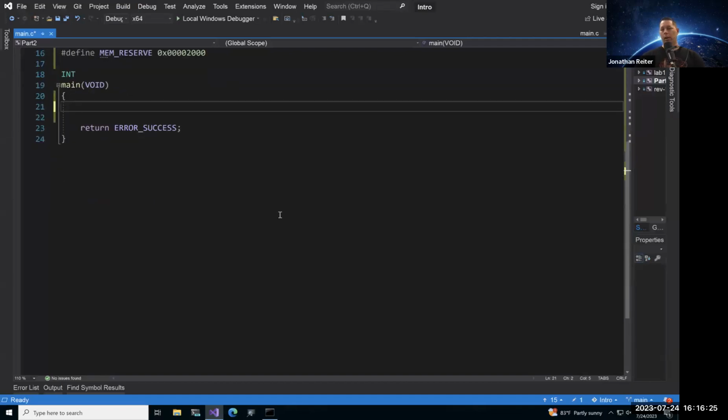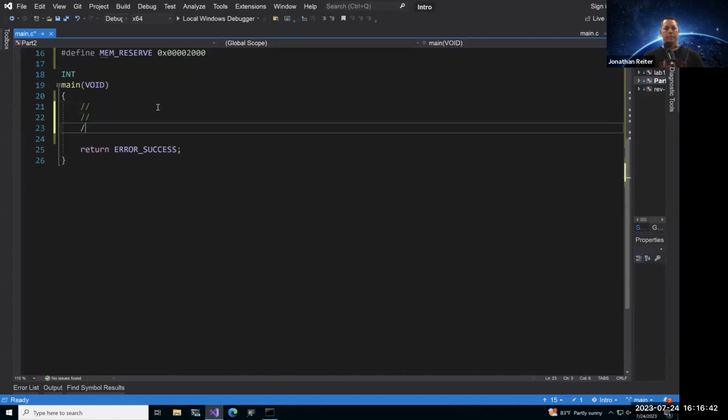So now we're going to move over and talk about arrays. Arrays are a very interesting type of variable. The general syntax is something like this. Let me make a comment here. The syntax looks like this.